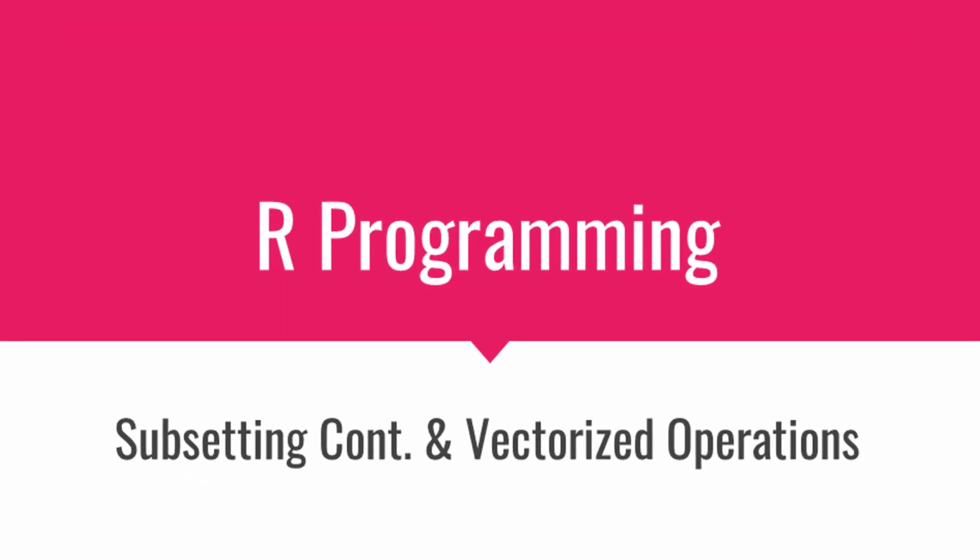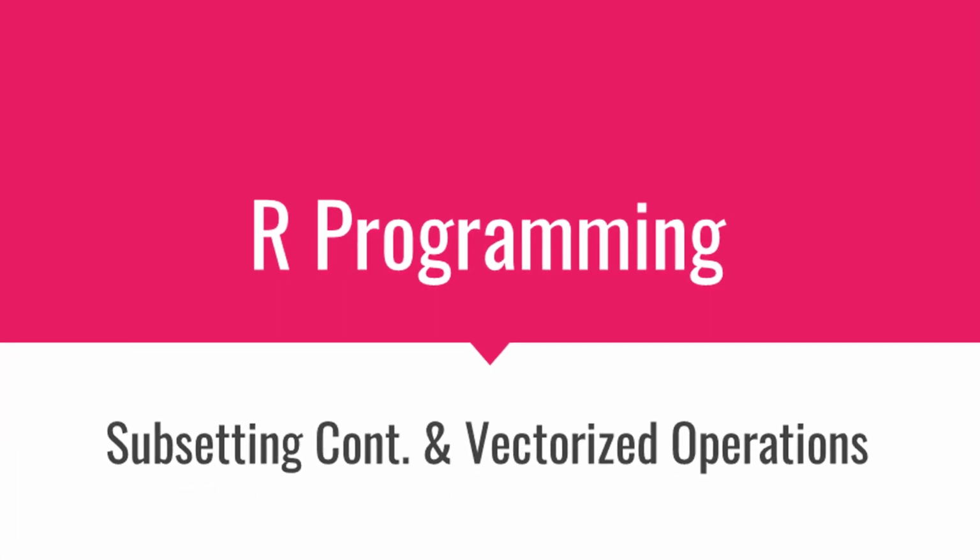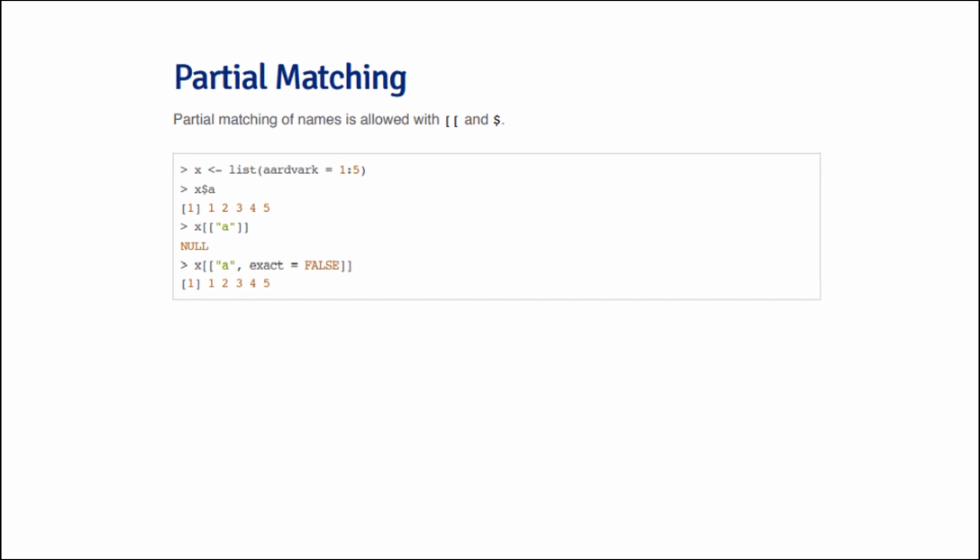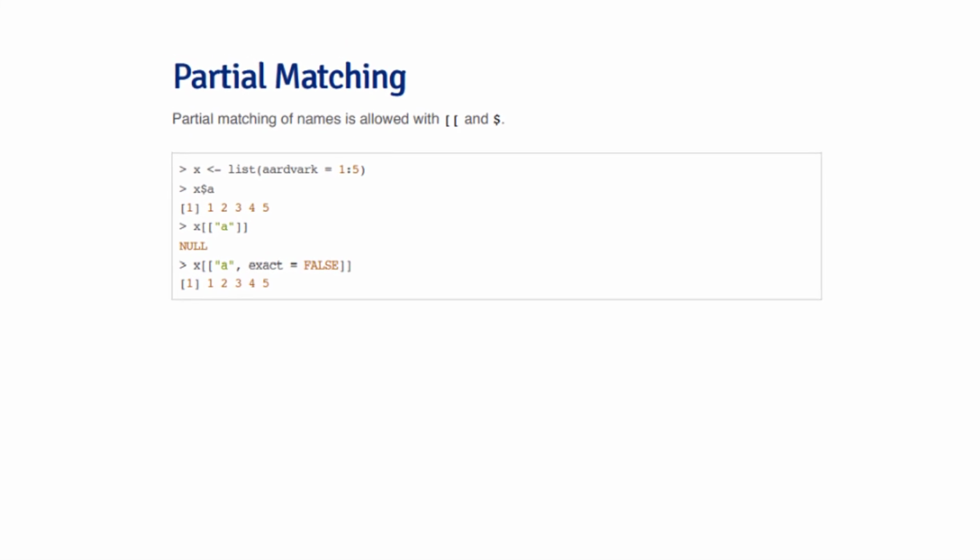Hello and welcome to this continued lecture on subsetting in R. So partial matching is a handy tool which often saves you a lot of typing at the command line. It's not particularly useful when you are writing out programs and functions, but it's very useful when you are working at the command line, typing things as fast as you can. So the idea with partial matching is that it works with the double bracket and the single and the $ sign